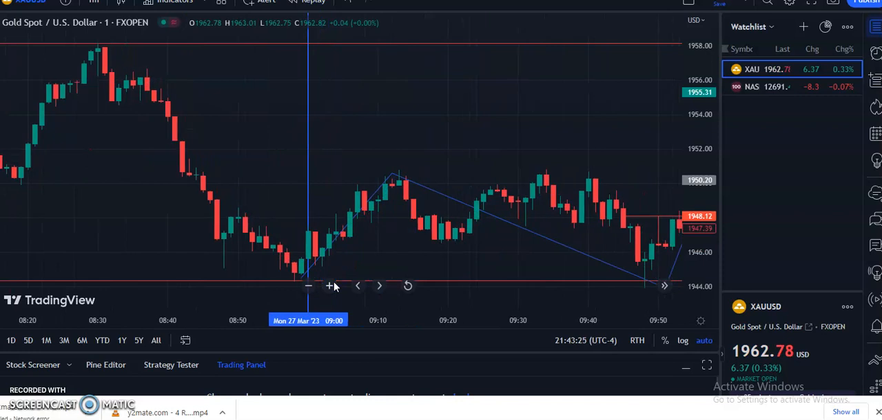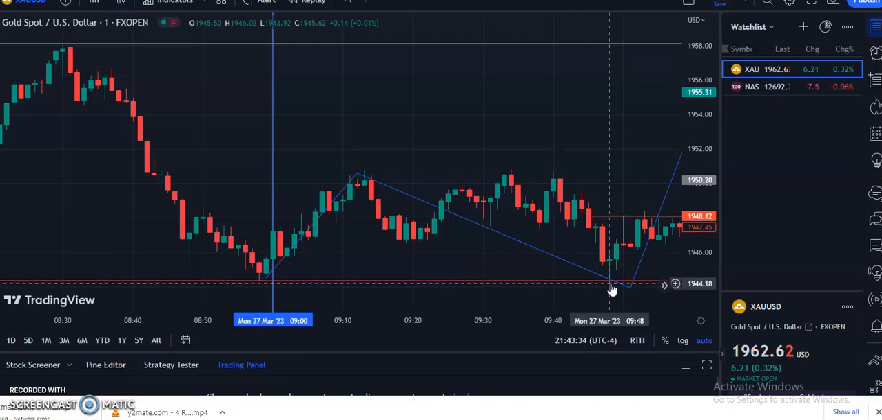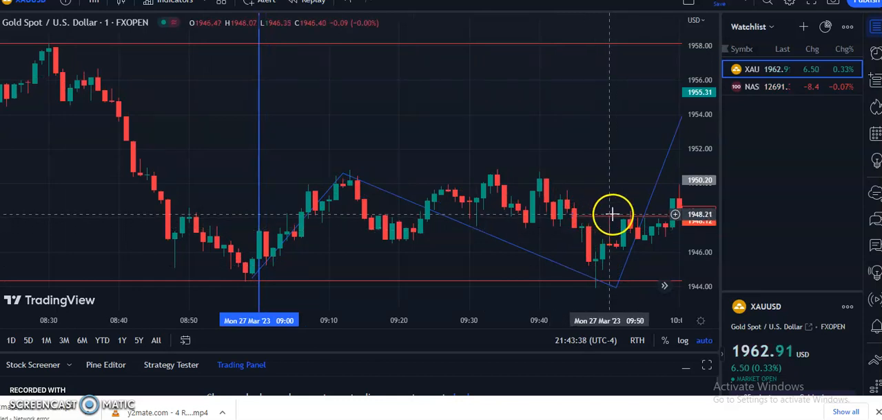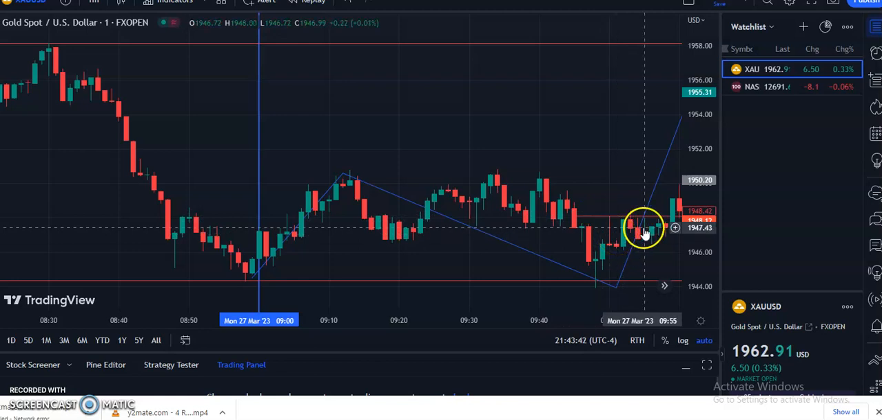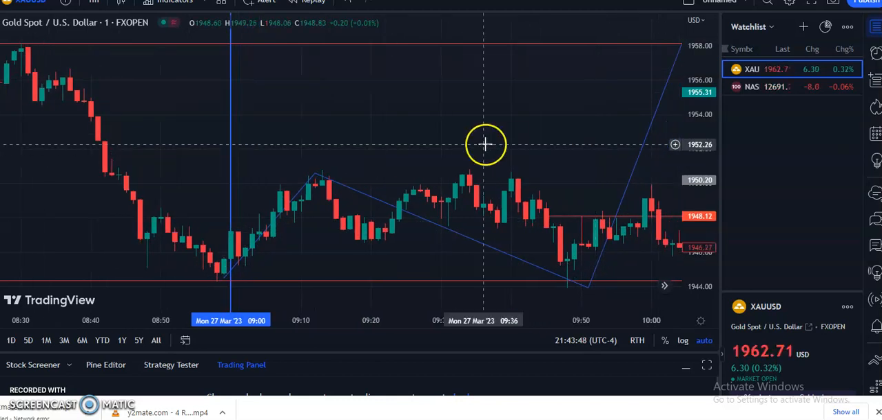So we wait, and the market comes and triggers the low of the day, which is also the low of the session. Now, we have our boundary line where we are expecting the market to break structure. And the market does break structure. But also, as you can see,